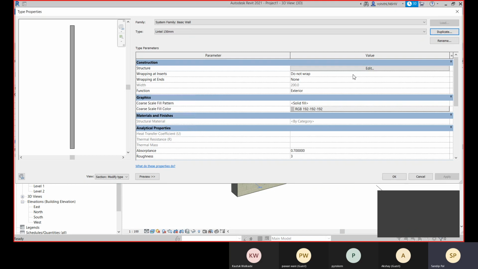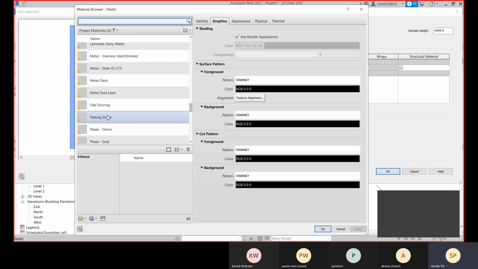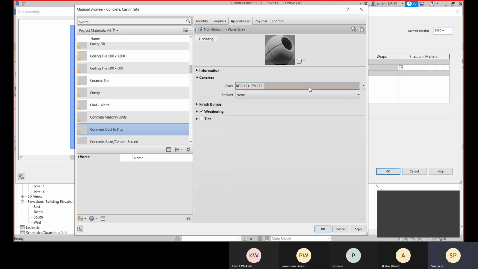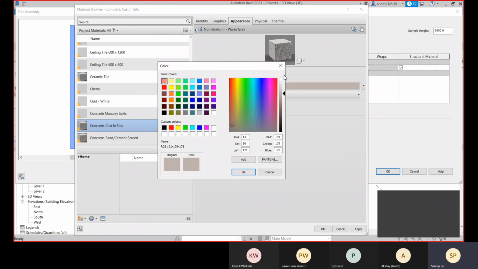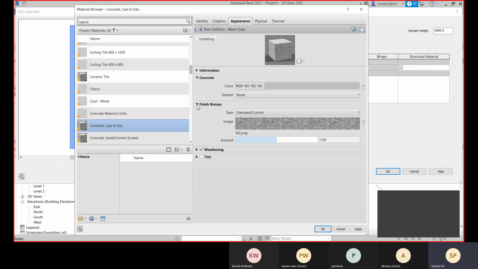Let me create this as lintel, and here I will provide the material as concrete. And I'll use that appearance. Click on apply. Here, if you need to change any appearance, you can. Right now no images are placed, so I'll use that color. Let me click on apply.